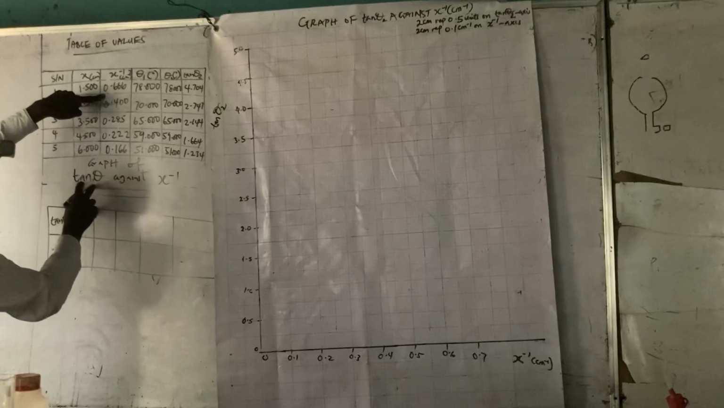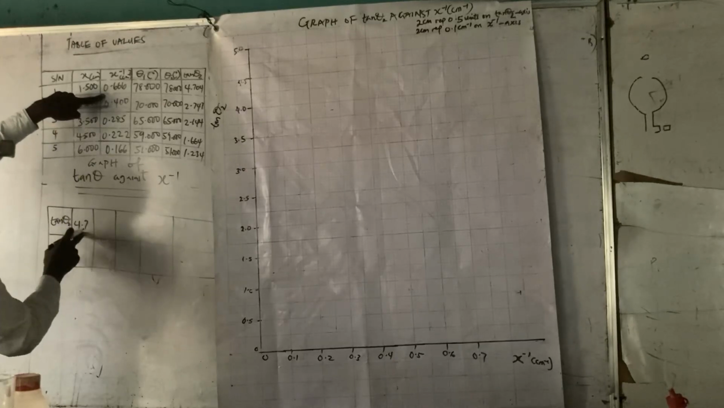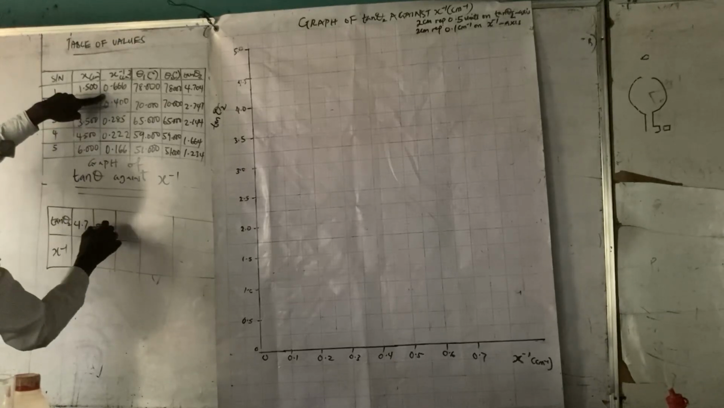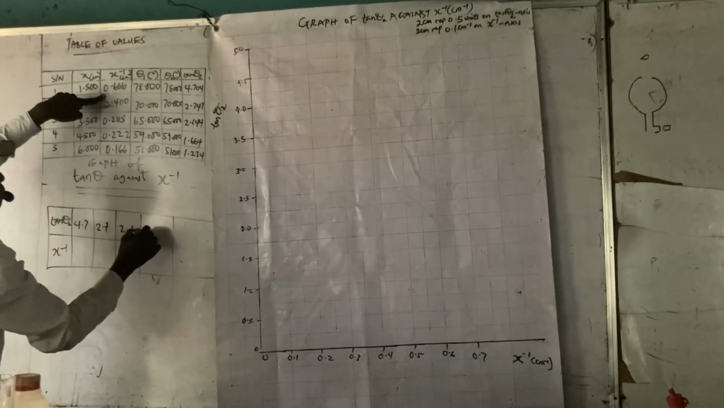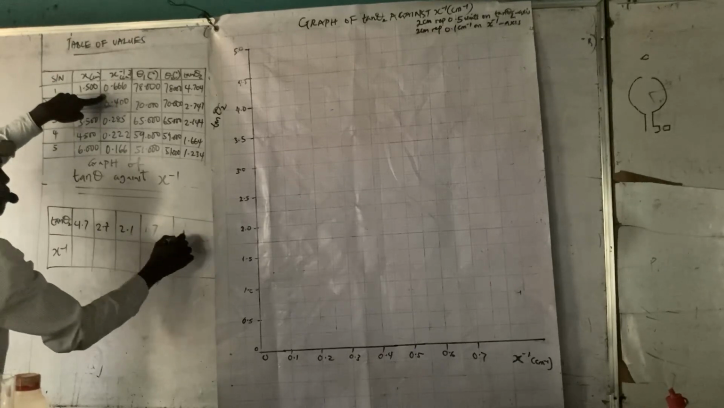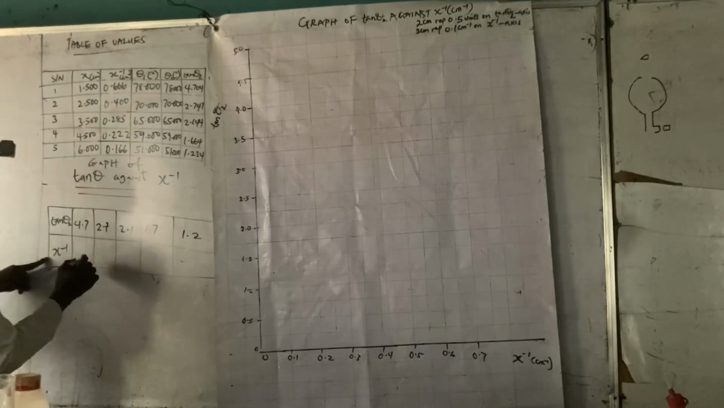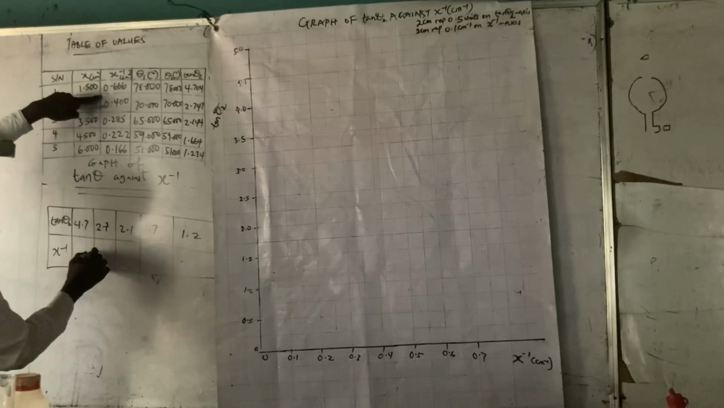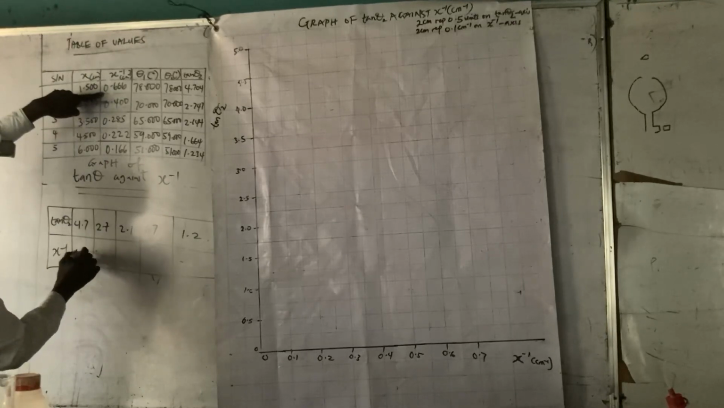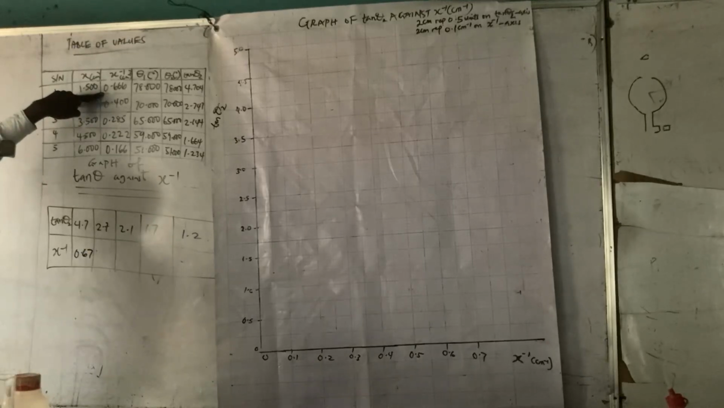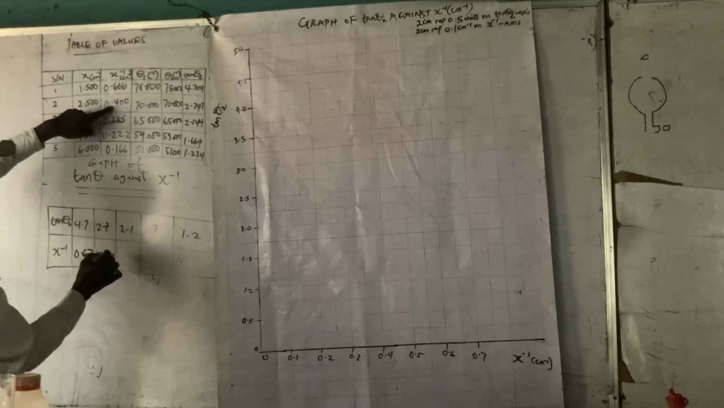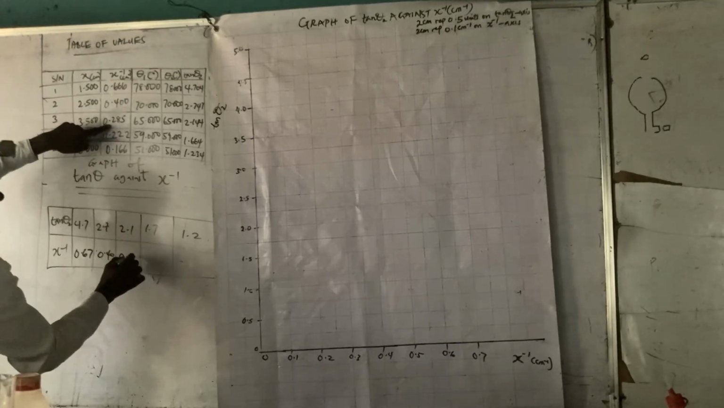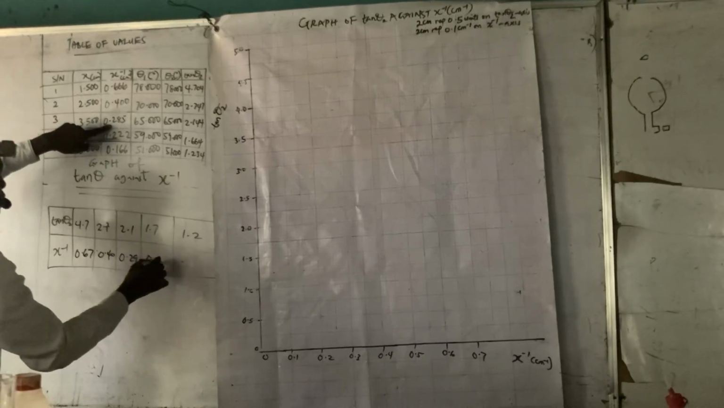4.7. Don't forget this one is on vertical, it's supposed to be on horizontal. 4.7, 2.7, 2.1, 1.7, 1.2. That is our x inverse. 0.67. You can locate two decimal places here. Now 0.40, 0.29, 0.22,